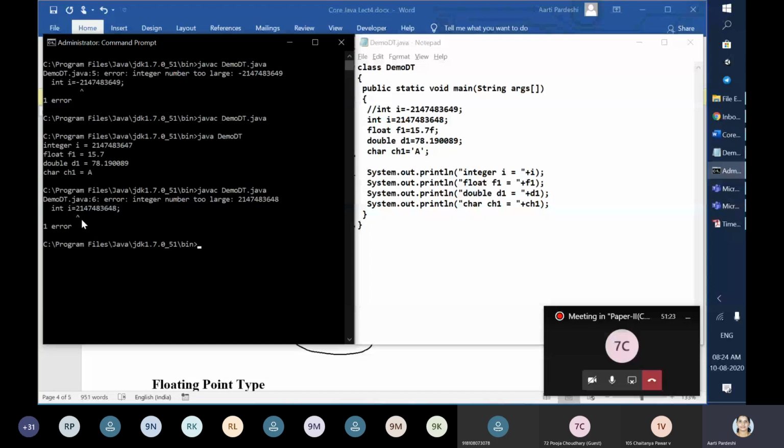Now, what is meant by signed and unsigned? Unsigned means only 0 and positive values are allowed. And signed integers are those where negative values are also allowed along with positive ones. You can try it on your own.